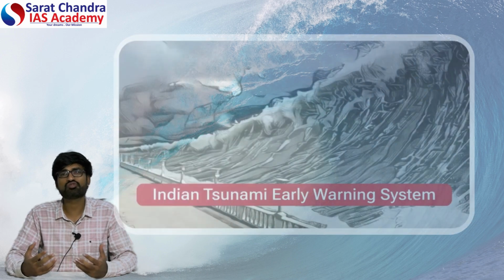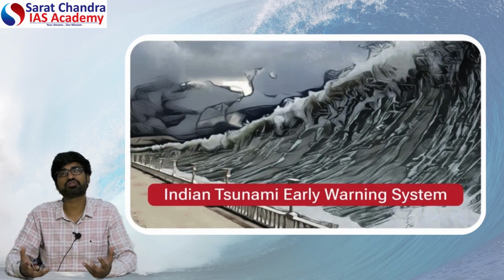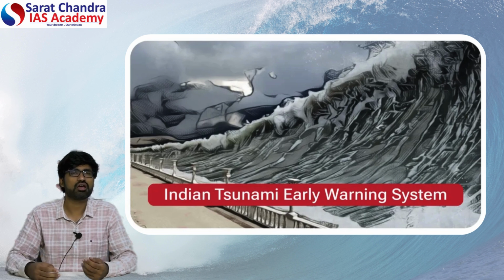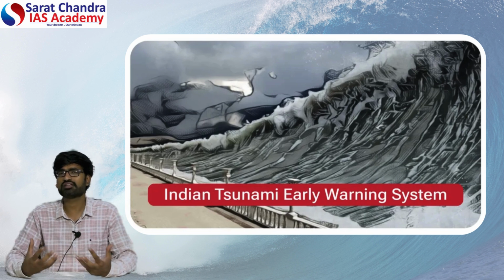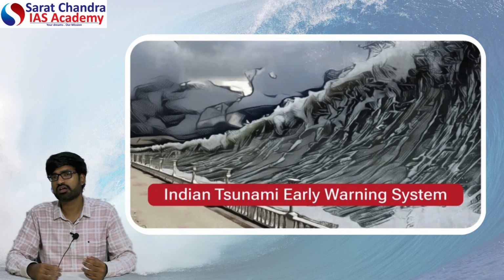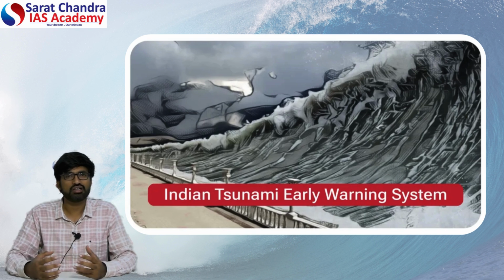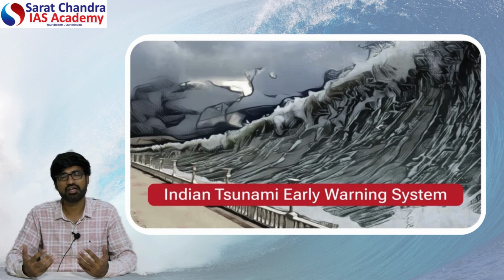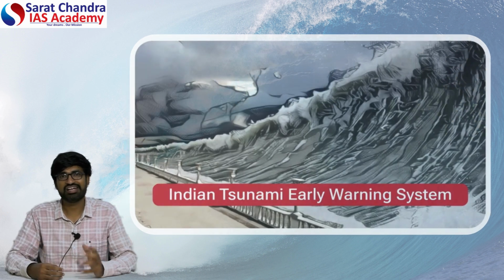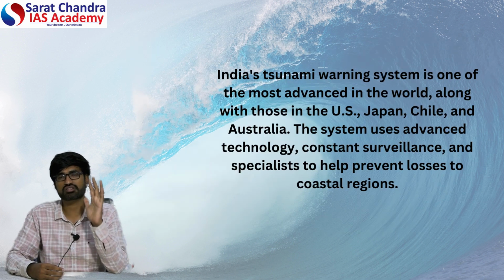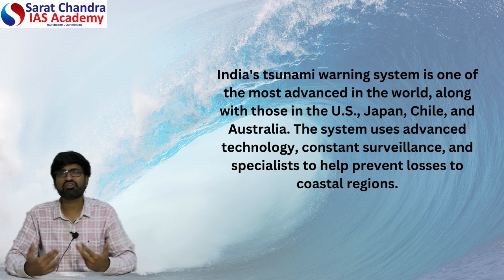And how have we technologically developed? We have the Indian Tsunami Early Warning Centre, started in 2007, which continuously gives early warning. How do we give early warning regarding a tsunami? We have the DART system, Deep-ocean Assessment and Reporting of Tsunamis, where we try to understand the pressure differences inside the ocean, the depth of the ocean, and try to give tsunami early warnings. India is the fifth country to have a tsunami early warning system, along with the US, Chile, Australia, and China. This is how technologically we are developing.